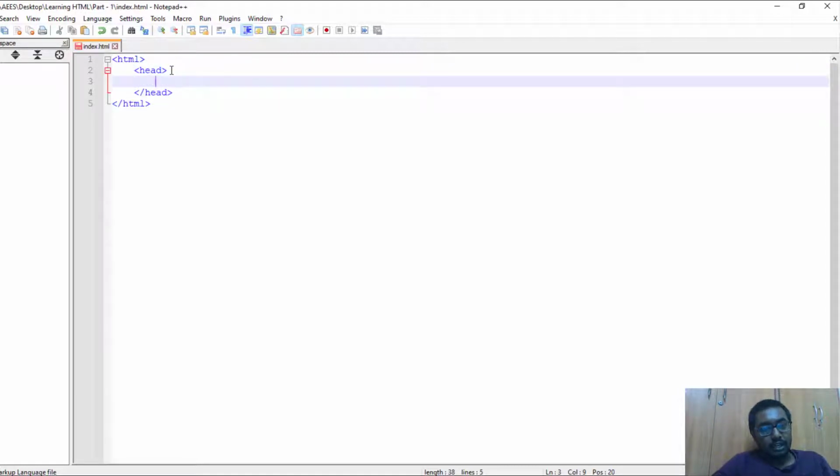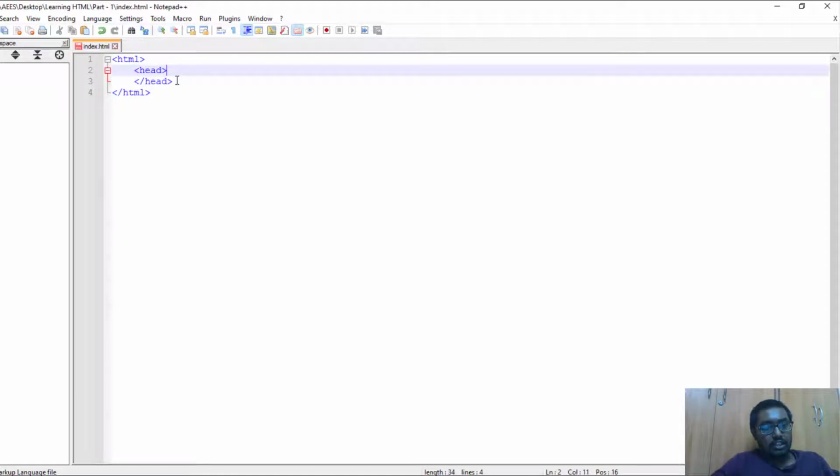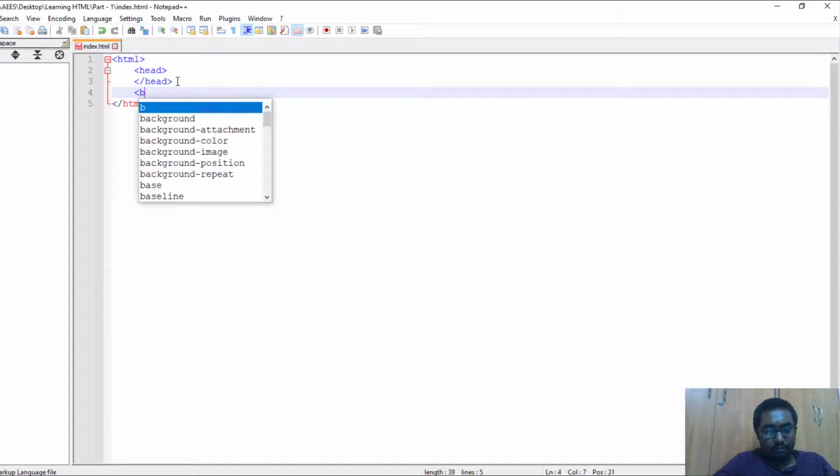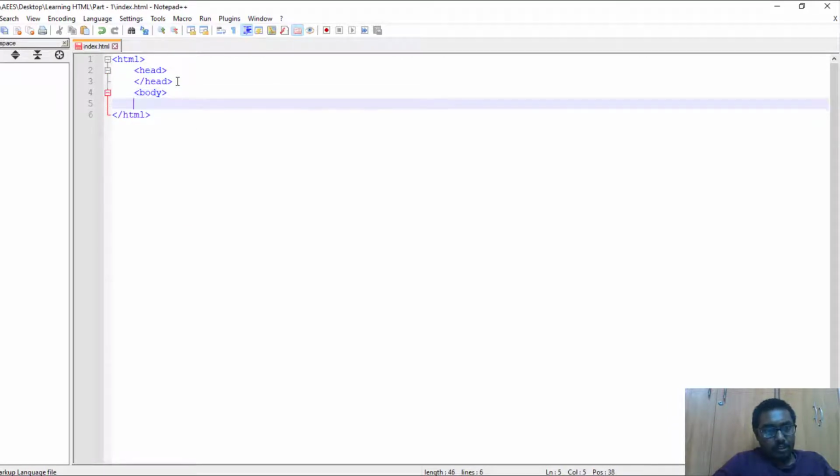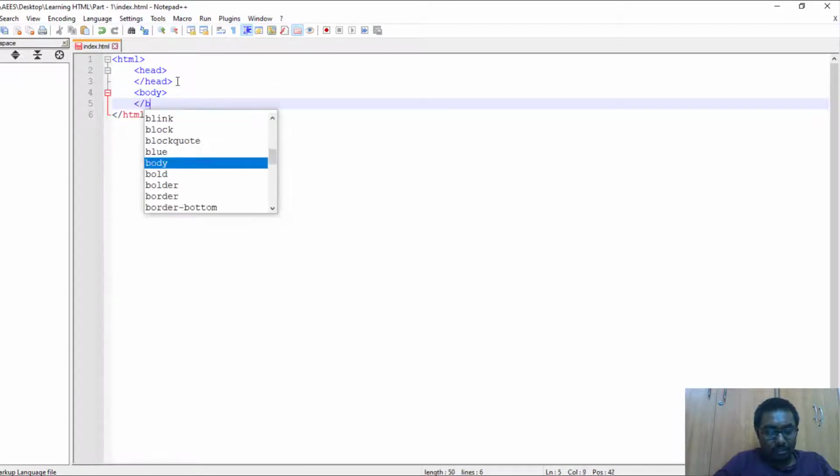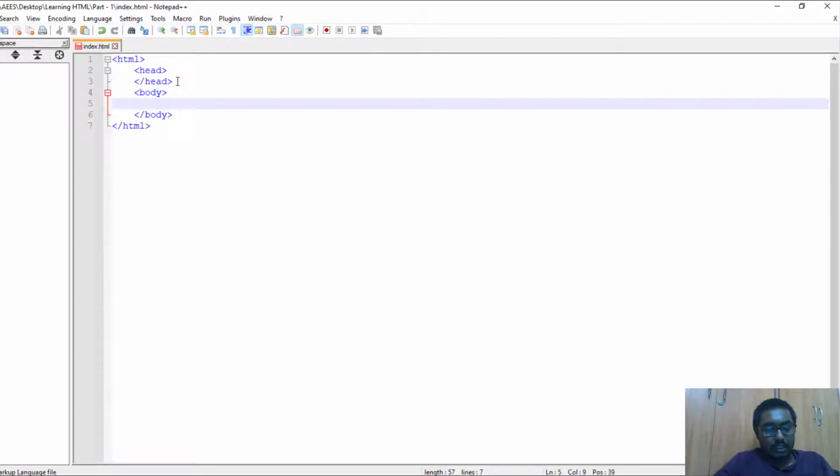So head you have, and next body we have. This is the basic syntax of HTML. Here you go with the body and then your h1. Let me close the h1. This is my first HTML page.